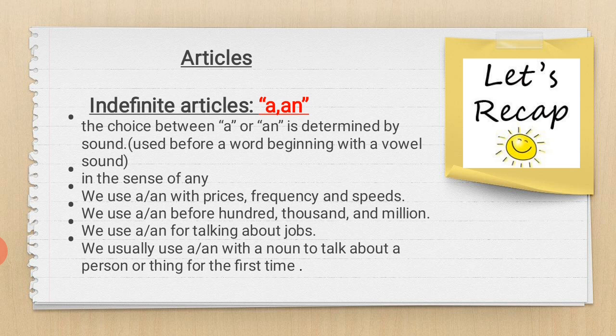Then, in the sense of any, we use a or an over there. We use a or an with prices, frequency, and speeds. We use a or an before hundred, thousand, and million. We use a or an for talking about jobs. And then we use this indefinite article with a noun to talk about a person or a thing for the first time. And when we come to the definite article,